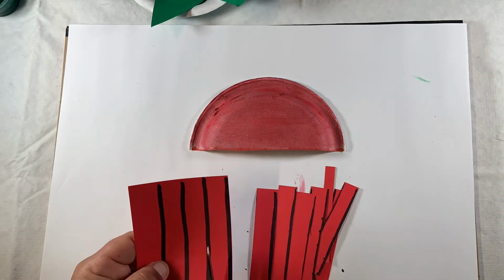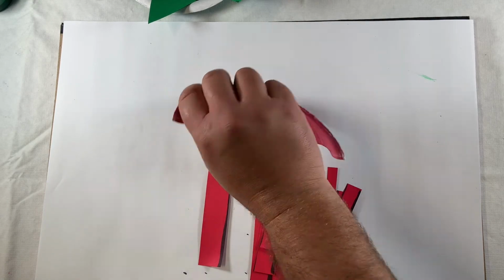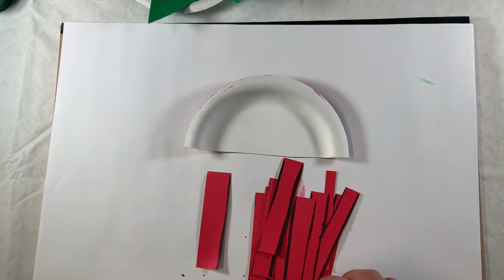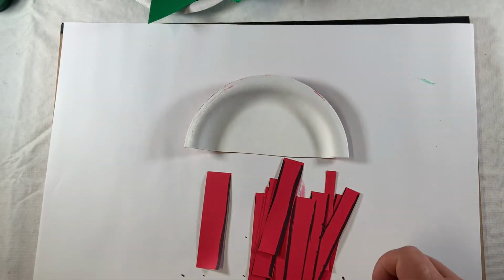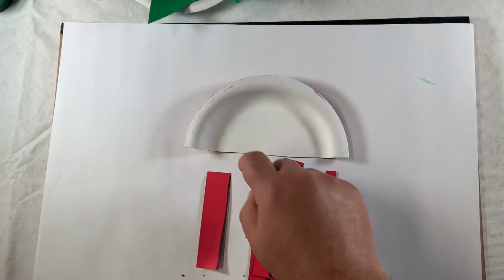Now that I have my crab legs cut out, I want to begin gluing them onto the back of our crab shell here. So the top portion is nice and dry. Flip it over. And what I want to do is add a lot of glue here because it didn't work out so well for me with the turtle shell, just putting a little bit of glue. So I'm going to load up on the glue on the bottom portion,